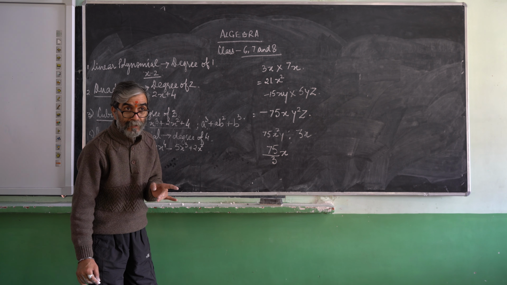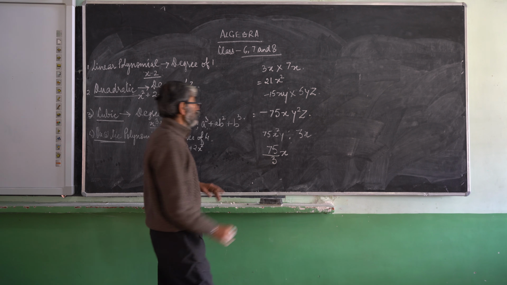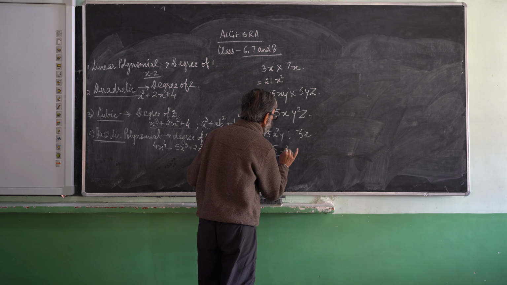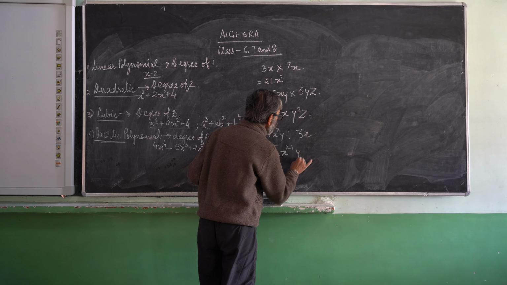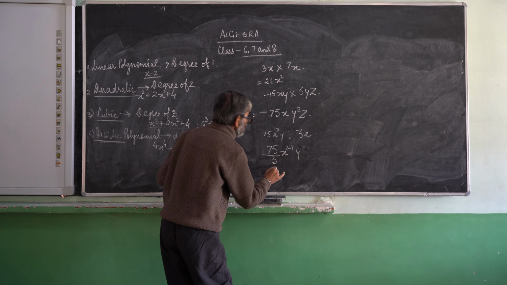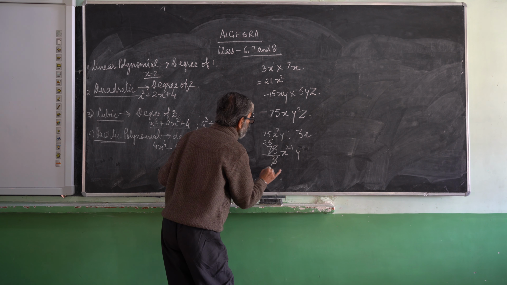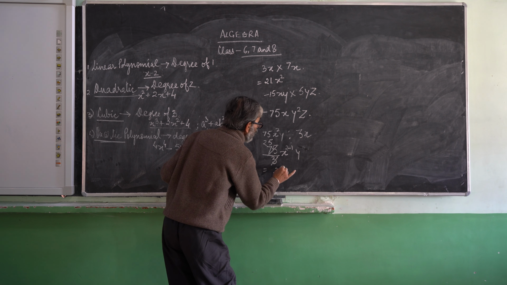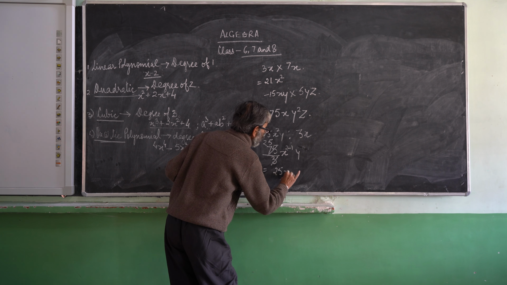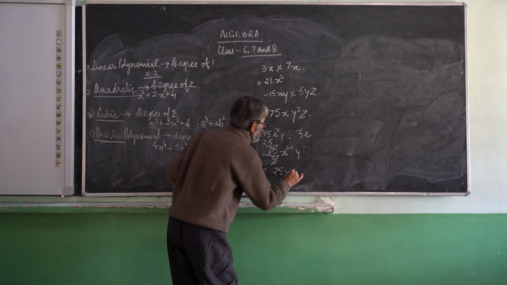Which powers are subtracted? Powers of the like terms are subtracted. x to the power of 2, over here the power is 1, 2 minus 1, and y will be written as it is. So it will be 25, and 2 minus 1 is 1. So x to the power 1 is written as x, and y this is